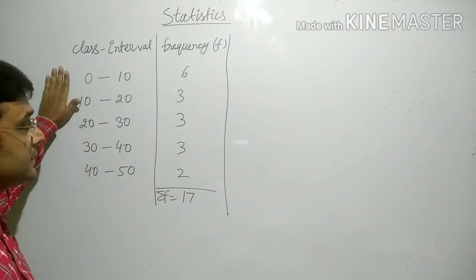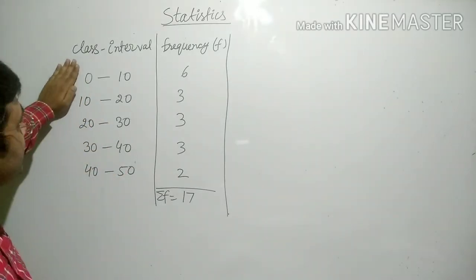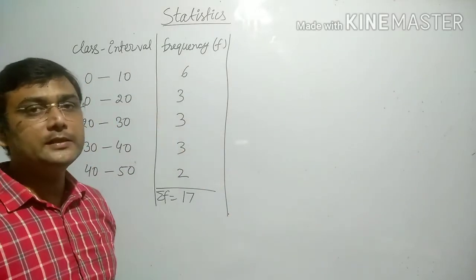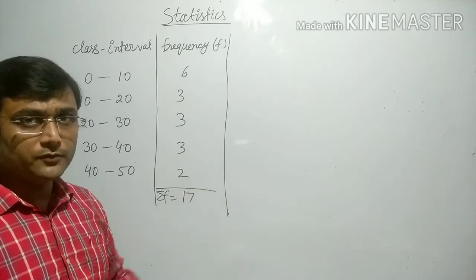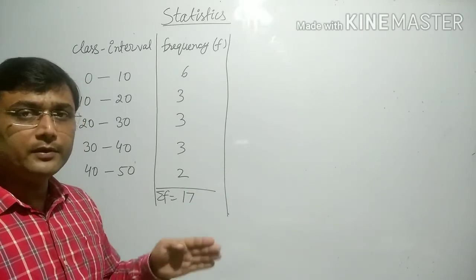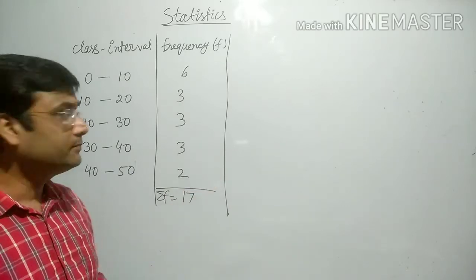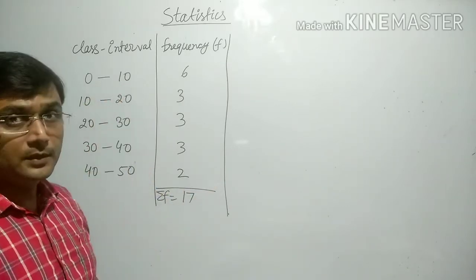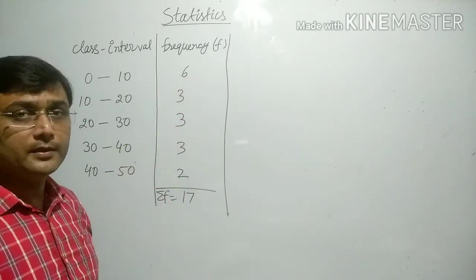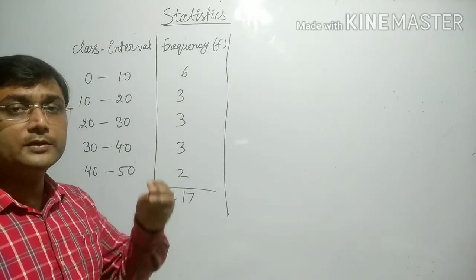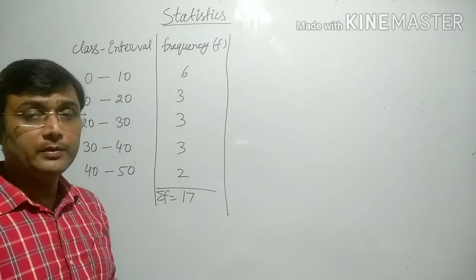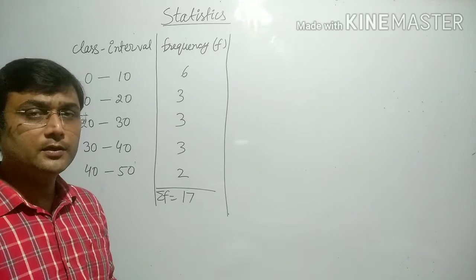Now we have to understand and concentrate here. Class interval is given here. So by which value will we multiply this frequency? In the previous one, when we had raw data, we multiplied with that value, but here it is a class interval. It may be possible that one value is 5, one is 7, one is 3. So by which value will we multiply? It is very confusing here.